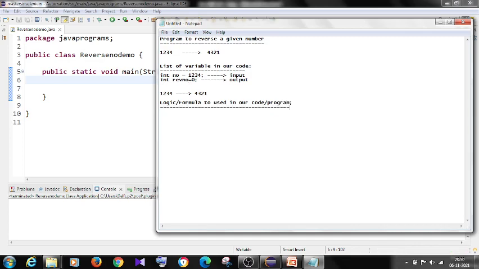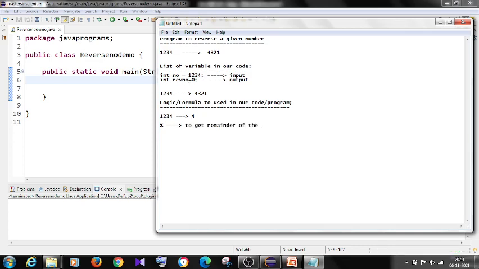We'll understand the logic. First of all, I need to get 4 from this number. How can I get it? In Java, we have one operator called modulo. What is the use of this operator? To get the remainder of the number.